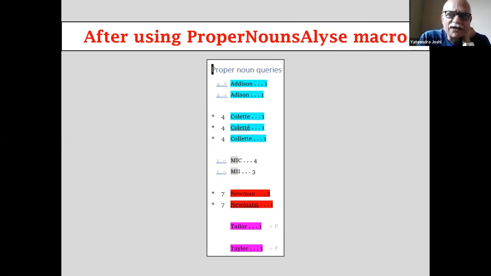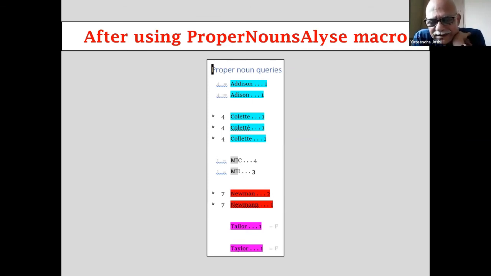No, I was telling you about Paul Beverly's macros. Now, in the file that I sent you, I don't know how many of you caught all these instances. But when I ran the macro called proper nouns, that is what it did. For instance, it spotted that the word Colette was spelled differently, once with accent, once without accent, once with one L, once with two L's.